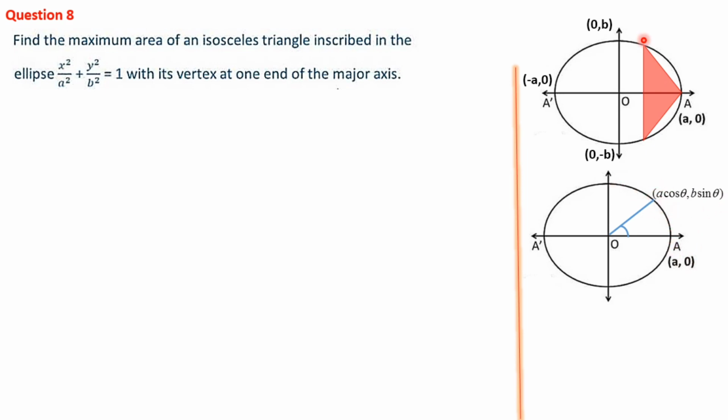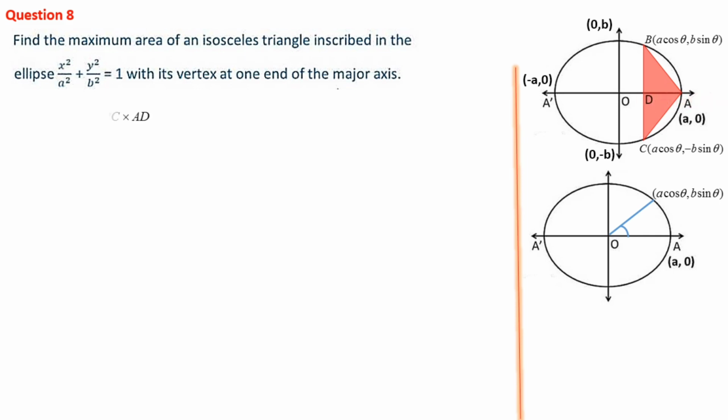So this is the format I am going to take as the coordinates. Here B will be a cos theta, b sin theta, and here I am considering C as a cos theta, and the x coordinate is the same. For the y coordinate, when it comes down here, it will be minus b sin theta because it is the negative direction of the y-axis. Then I am considering one more point, D, because we need AD, the height of the triangle, for finding the area.